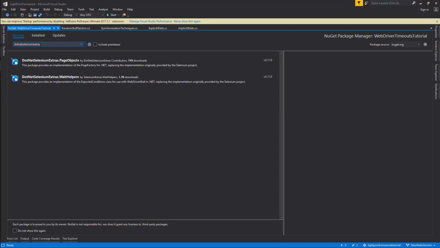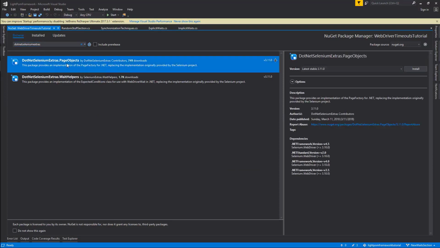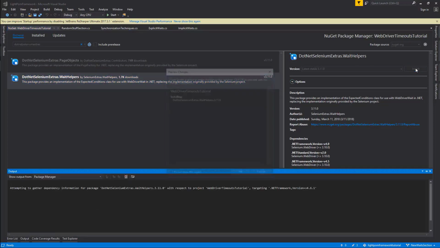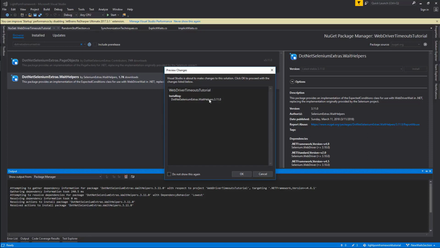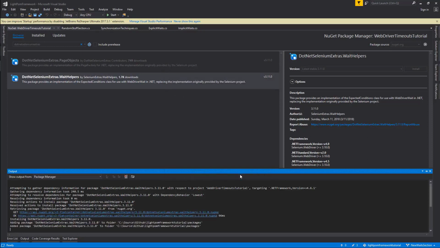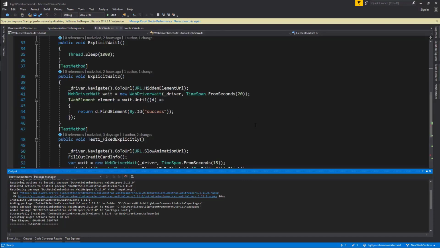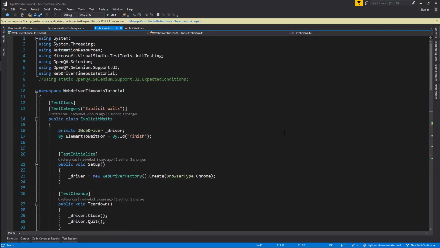So there it is, .NET Selenium Extras. We don't need the page objects, but we do need the wait helpers. So we're actually going to install it. Currently, as I'm talking to you, it's the end of March 2018. There is still no maintainer of this repository, but it does work. So I don't think it needs much changes. And so this version that I'm about to install, 3.11, will be just fine. So I'm installing it and it's downloaded. So now I can go back and